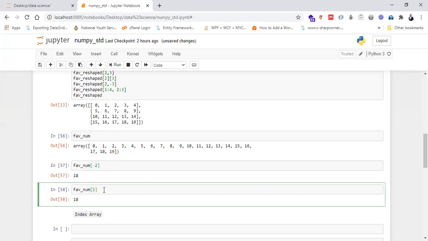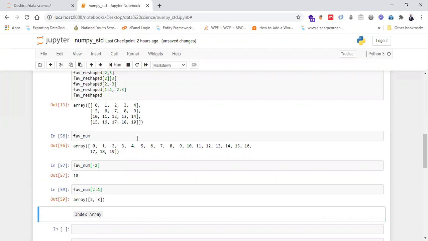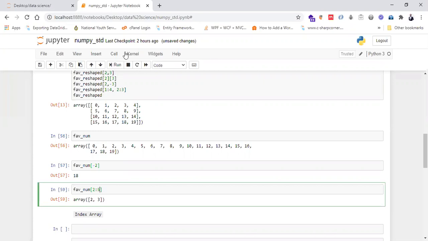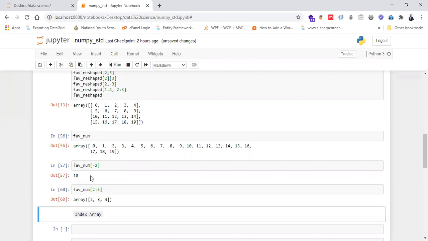Then it's stopping where? So I put the colon. Then where do I want it to stop? So it stops on 4. That is 0, 1, 2, 3, 4. But the way it is with indexing is that it leaves out the last value. So it does n minus 1. So if I run this now, as you can see, it didn't include 4. So I will have to raise it up to 5. So by doing this now, as you can see, it's captured